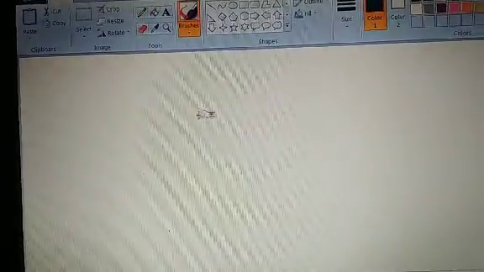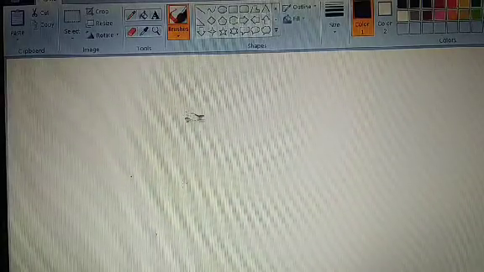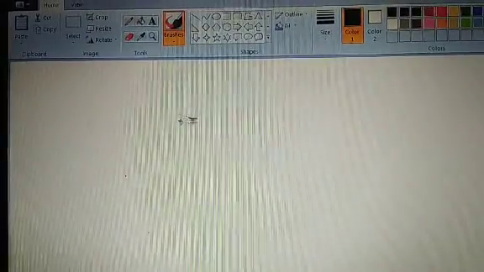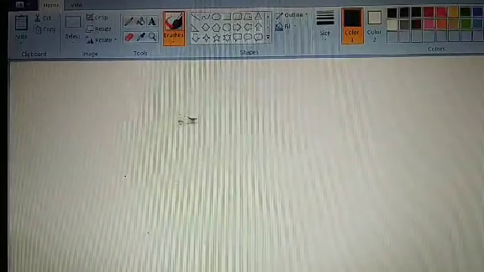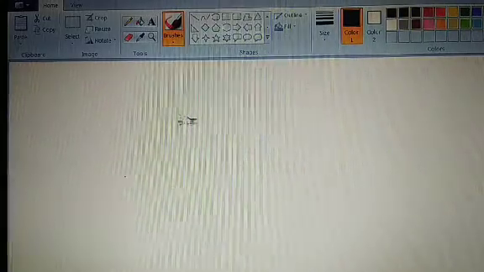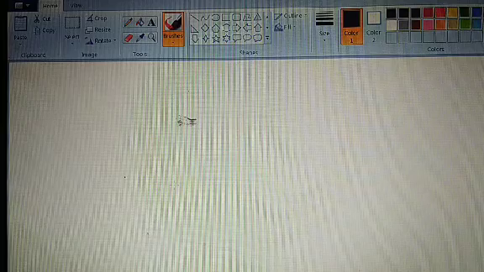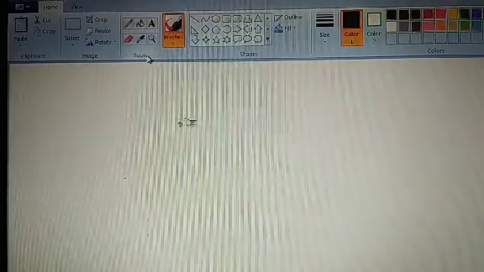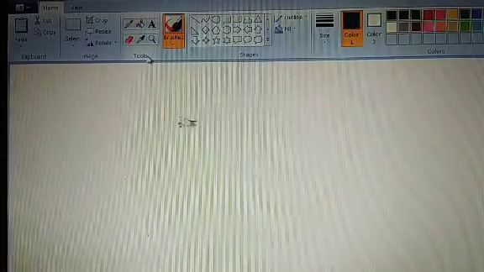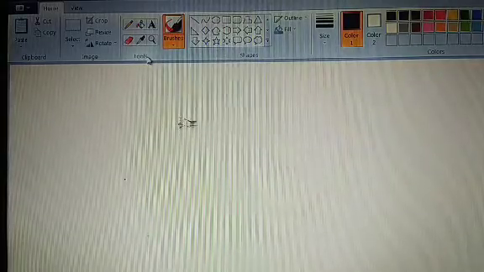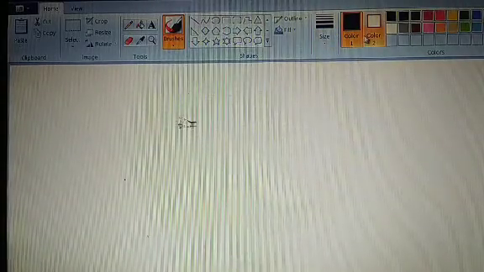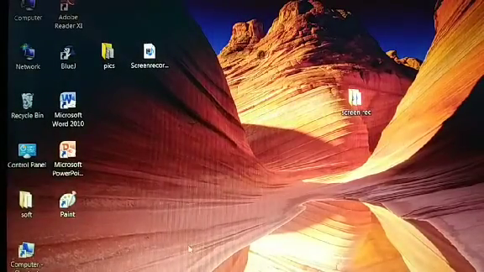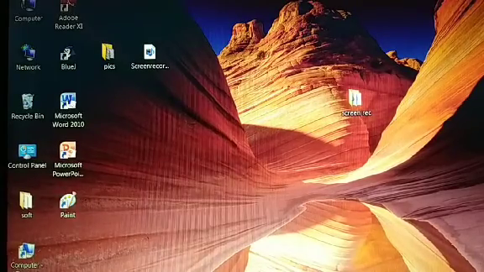From here you can learn drawing. Okay, so see, this is the paint program screen. I taught you how to start the paint program. Either you click on the taskbar, or double click here, or go to the start button.